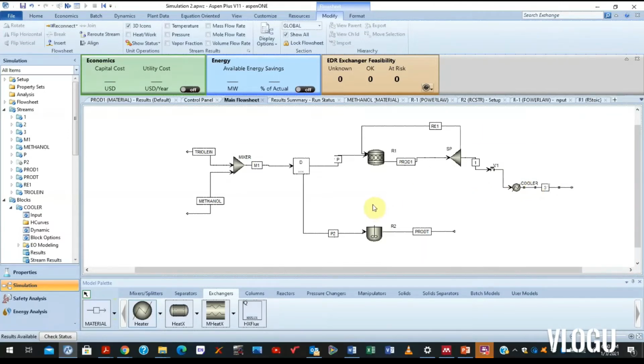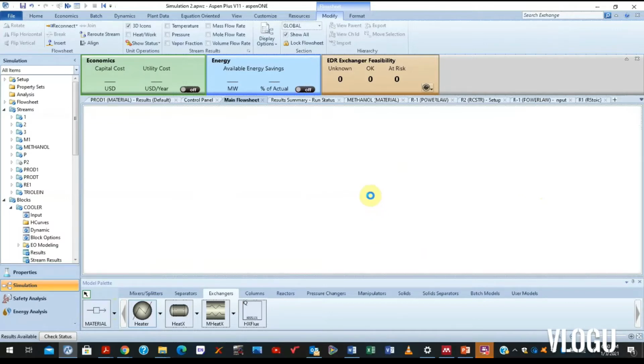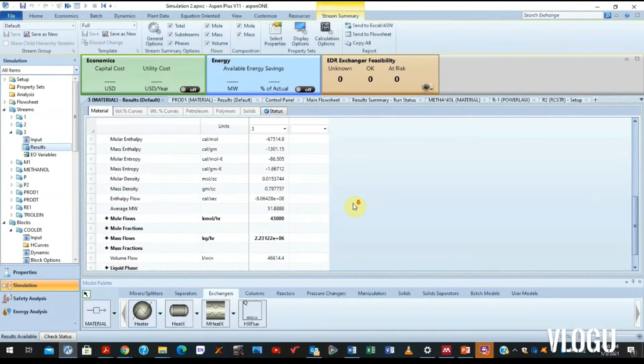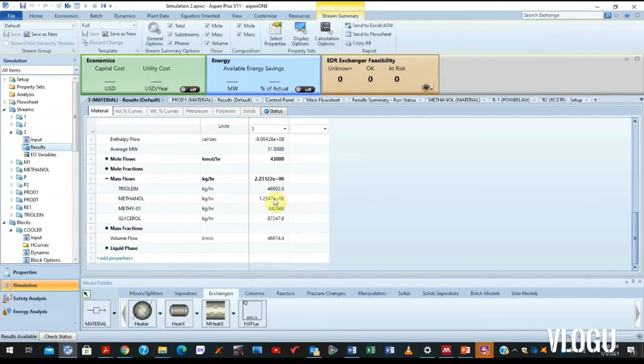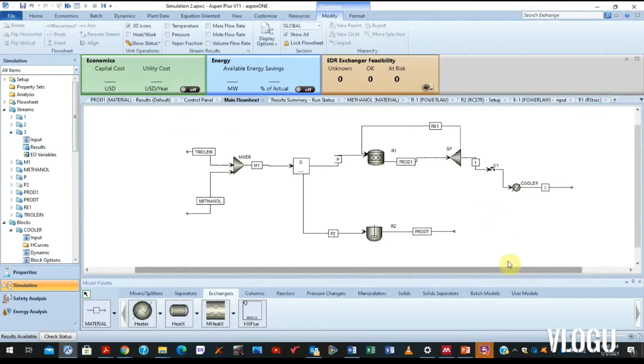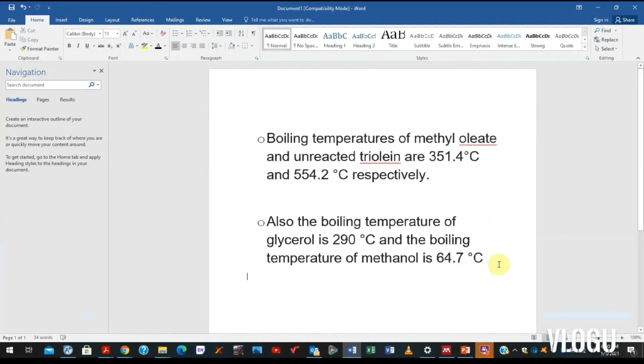Now the target is to extract the methyl oleate, the fatty acid methyl ester, from the mix. So within it, you have a significant amount of methanol, you have some unreacted triolein, you have your methyl oleate, and of course you have glycerol, which is the byproduct of the transesterification reaction, right? Given the amount of methanol produced, and also recognizing that methanol has a significantly different boiling temperature compared to the other components of methyl oleate, triolein, and glycerol, quite lower actually,